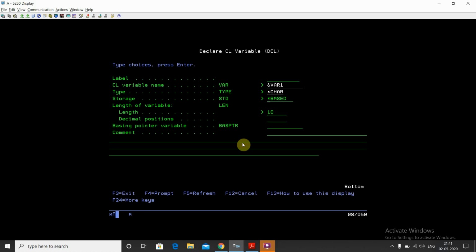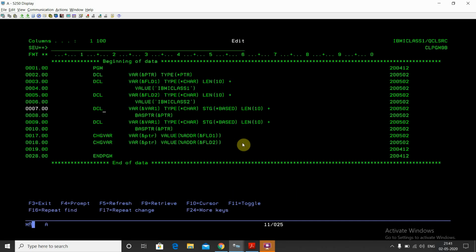Since I took the storage as star based, var1 will be based on some pointer variable. I have defined a pointer variable PTR of type pointer, so I'm giving the basing pointer as PTR.